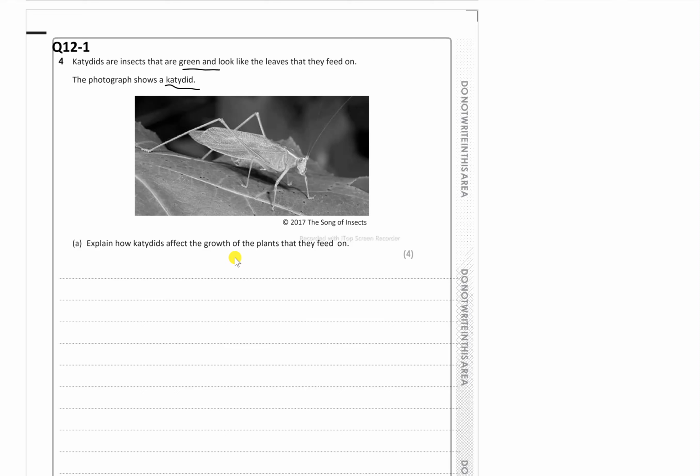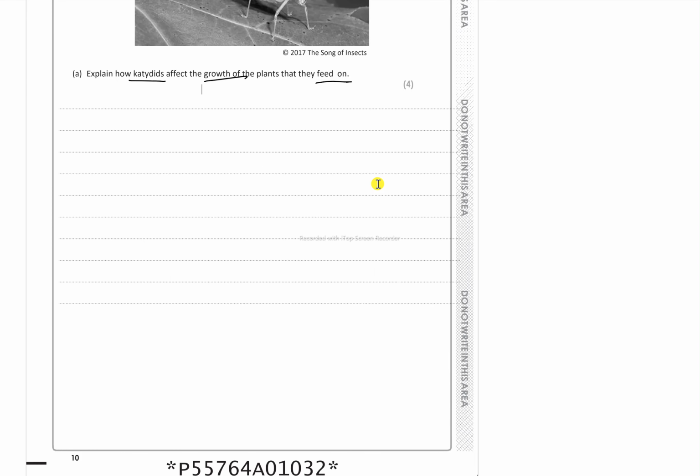Insects that are green and look like leaves. So if a katydid feeds on a plant, how will it affect its growth? The first thing you write is what's going to happen to the yield, right? So you can write straight away, yeah, the growth will be reduced, so the growth will be less, the yield will be less, because you've damaged